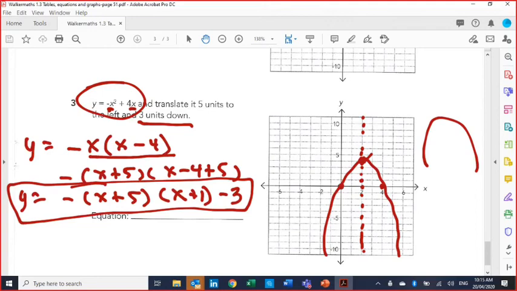How does it look? Beautiful. Beautiful. Well, I'm sure it will be beautiful when you do it. My graphs are a little wonky. But,